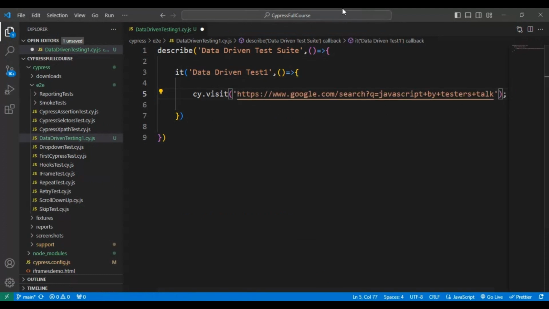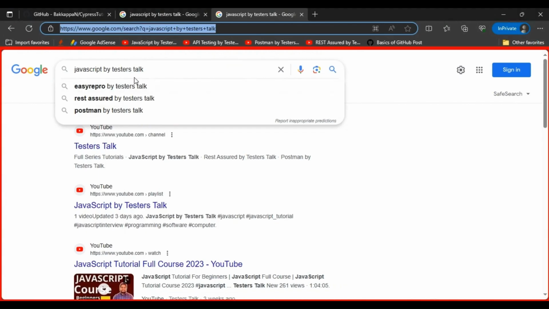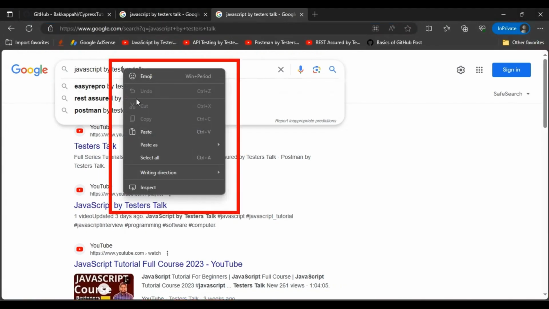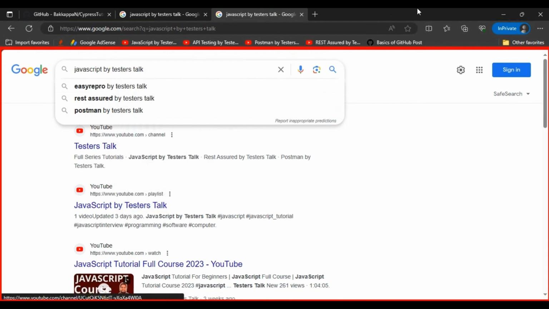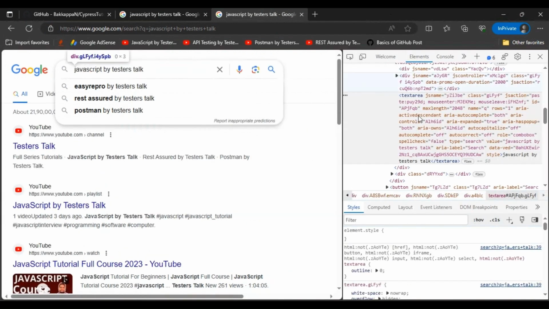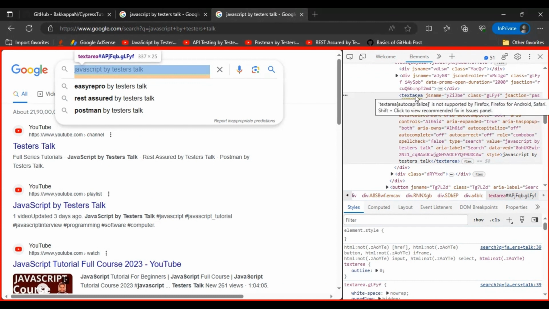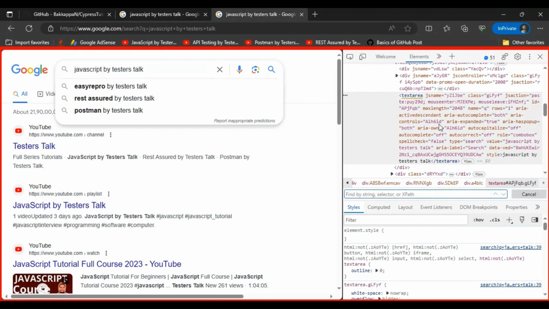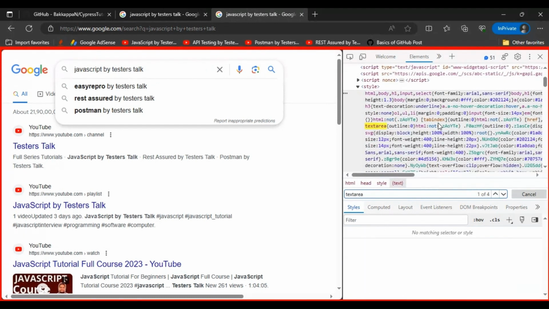And after navigating to that particular URL, we have to identify this particular search text box. Simply inspect the element, and if you see here, which has the tag name as textarea and which has the multiple attributes. So here I'm using the type equal to search. So here I'm firstly pressing the Control F, and then I'm adding the tag name first, textarea, followed by